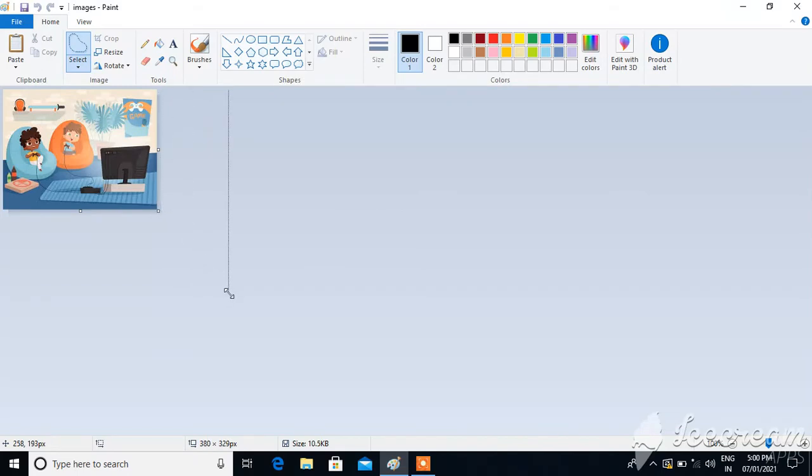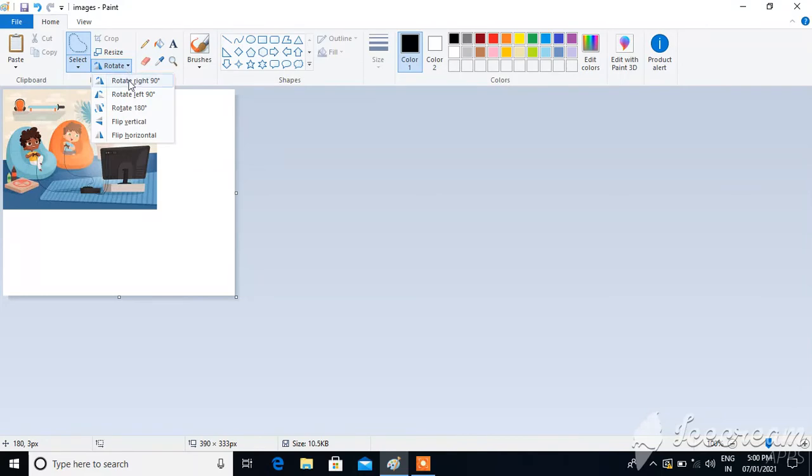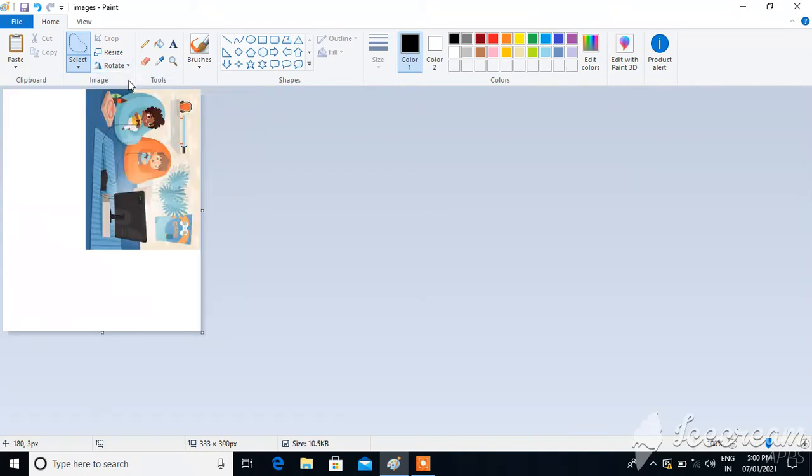Okay, this is a picture. Then how to rotate and flip this picture? Just click on rotate. Here you can see rotate right 90 degree. I will click here, see what happens. What happened? That picture got rotated.